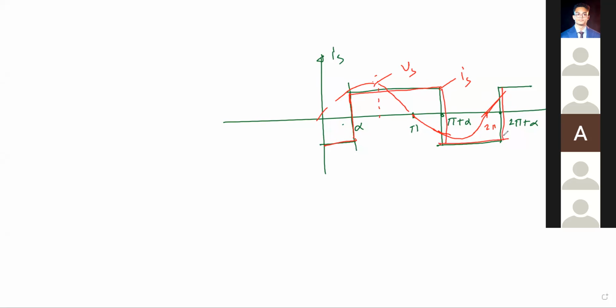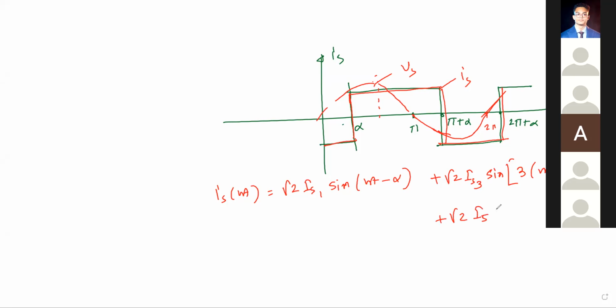Rectangular. Okay. So if I go to the Fourier series analysis, you will get root 2 IS1 sine of omega t minus alpha plus root 2 IS3, because your even harmonics will not be there, right? Because it is symmetrical with the x-axis. So sine of 3 omega t minus alpha, then root 2 IS5 sine of